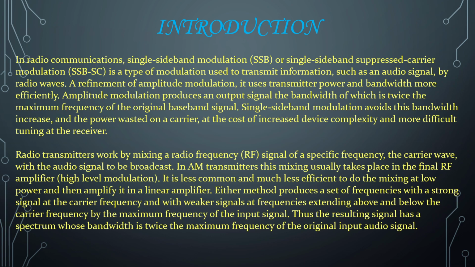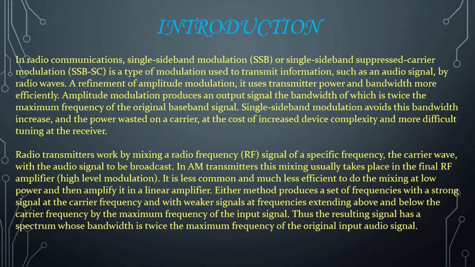Radio transmitters work by mixing a radio frequency (RF) signal of a specific frequency, the carrier wave, with the audio signal to be broadcast. In AM transmitters, this mixing usually takes place in the final RF amplifier, which is high-level modulation. It is less common and much less efficient to do the mixing at low power and then amplify it in